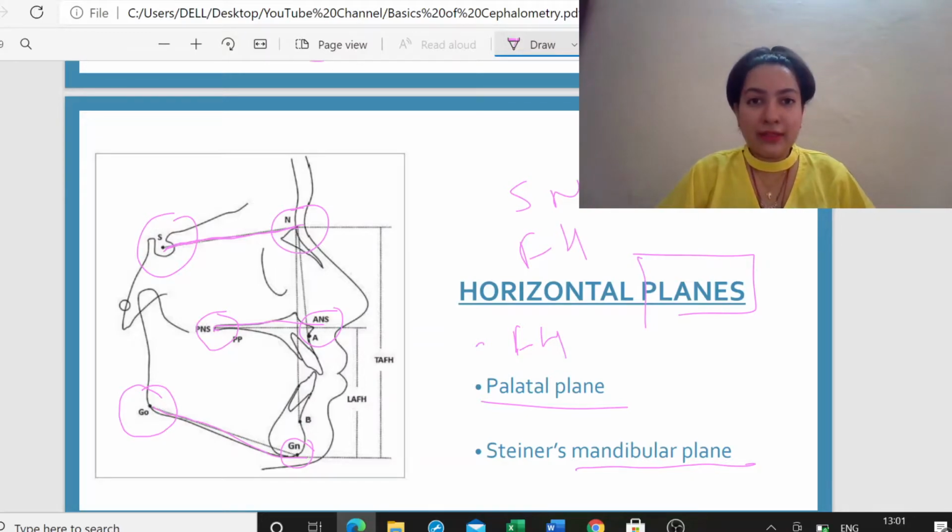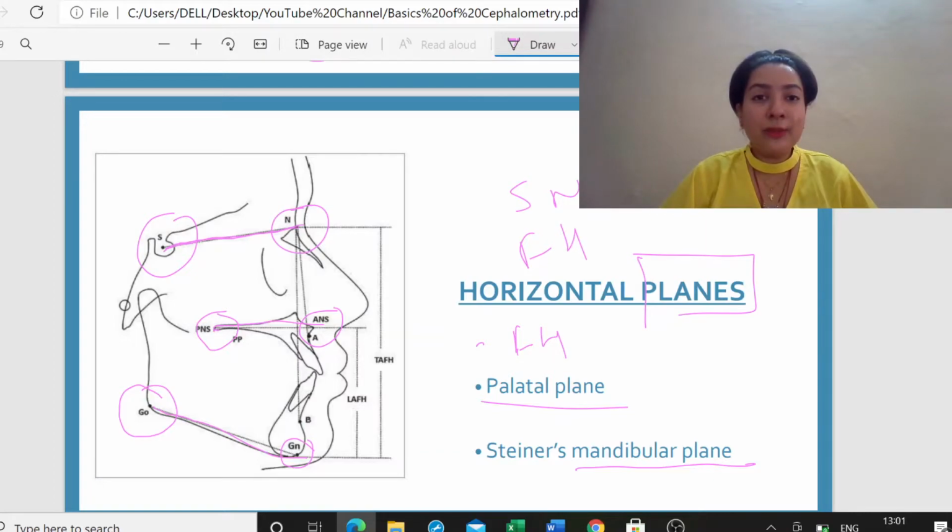Now, there were so many researchers, so many orthodontists doing a lot of work in the field. Okay, so they came up with different sets of mandibular plane because for them, maybe there was some defect in the previous plane, so they came up with a new plane for themselves. Right? They did studies and they found that this was more appropriate. The values which we were getting by using different landmarks were more authentic. Okay, so our three main pioneers, that is Downs, Steiner and Tweed, these three people came up with their own set of mandibular plane. Okay, so the first one which we will see is the Steiner's mandibular plane.